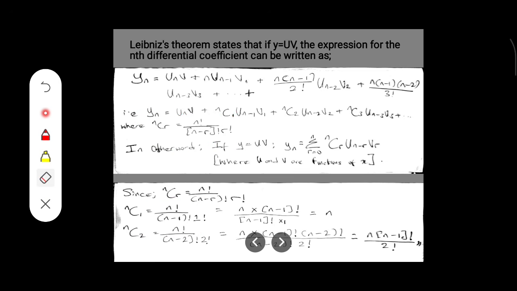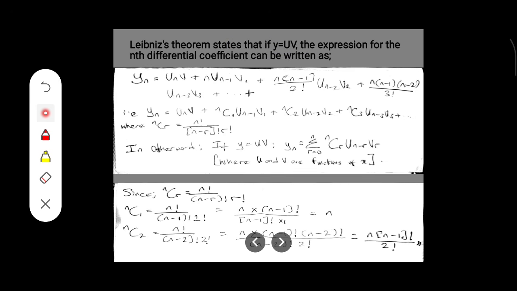So in other words, if y is equal to uv, our y subscript n can now be equal to the summation from r is equal to 0 to n of n combination r of u subscript n minus r multiplied by v subscript r, where u and v are functions of s. So you will notice that this formula is still related to the binomial expansion, or Pascal's triangle, whereby the